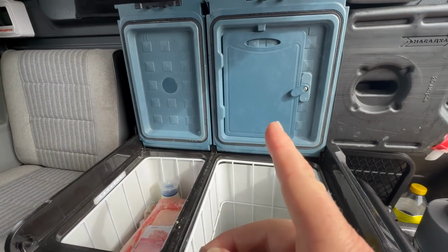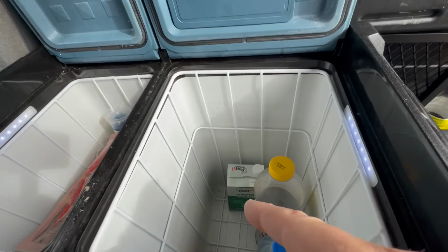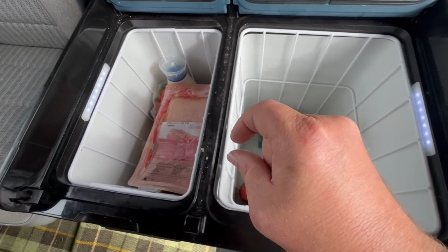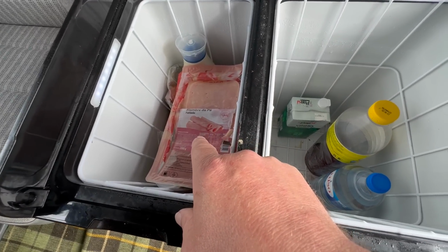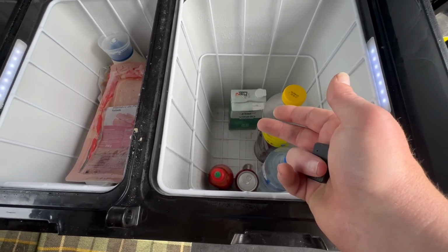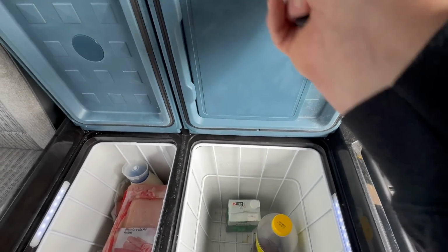It also condensates up massively, that lid, which makes moisture drip down there. And every 3 or 4 days you get like that much water in the bottom. Not so good when it's touching your food, because I can imagine that stuff would give you the shits. Not too bad if things are in bottles, but it's not ideal. And I'm not sure how healthy this kind of...